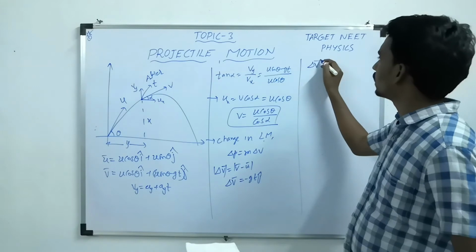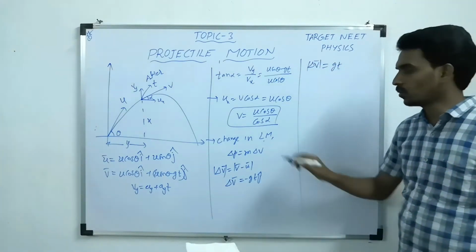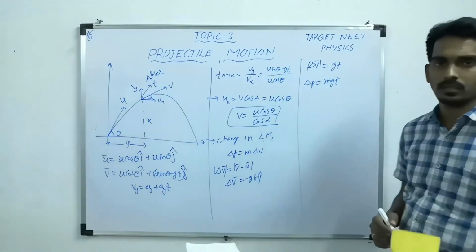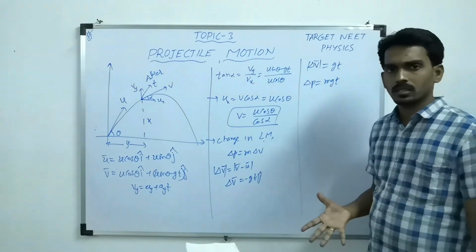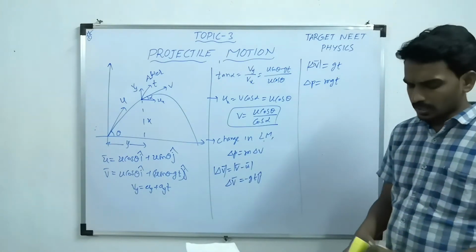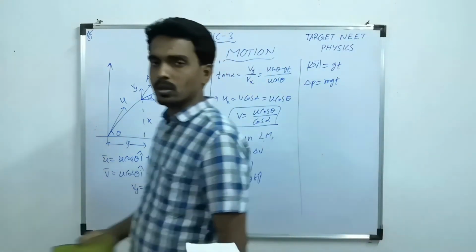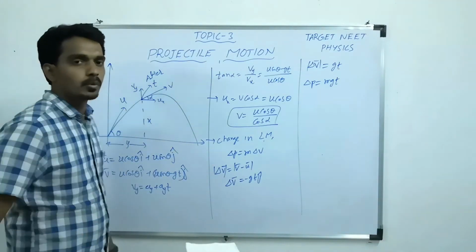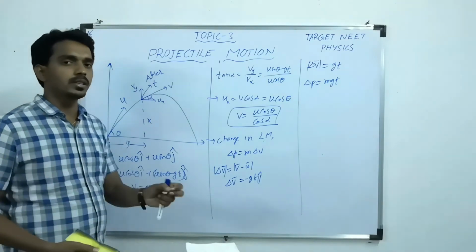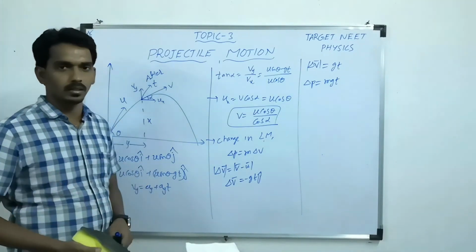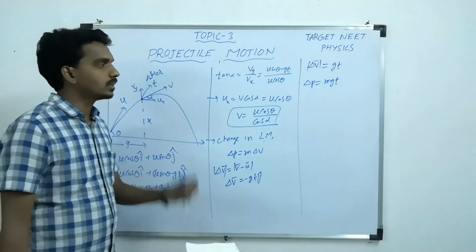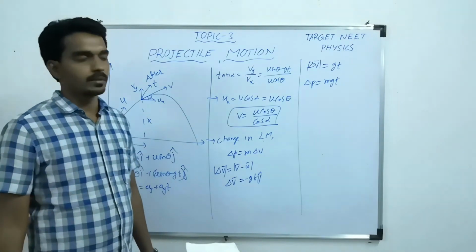Then what will the magnitude become? Gt. Then the corresponding change in linear momentum will become mgt. So this way it is always important to use mathematics and manipulation of equations. That is the best way of understanding and solving projectile motion. Of course, in all of physics, to solve any question, first you need to understand the question properly. That is a different thing. But here, most of the time, mathematical equation manipulation is important.